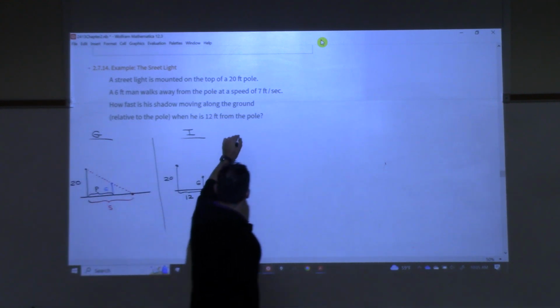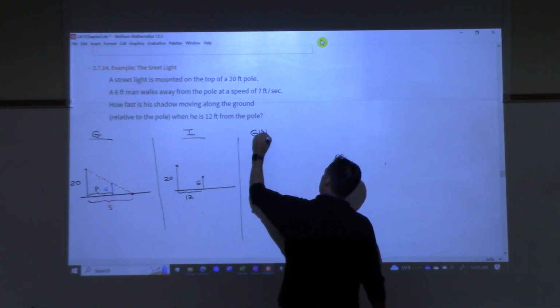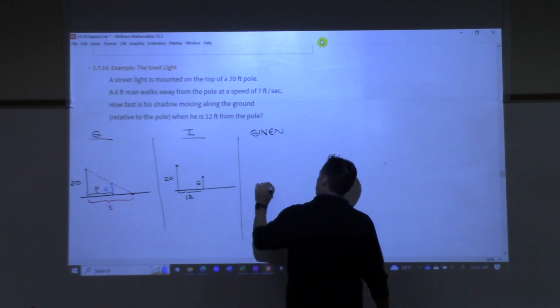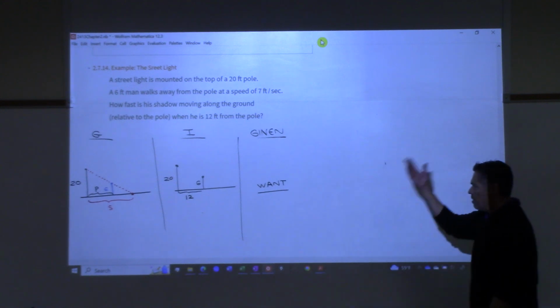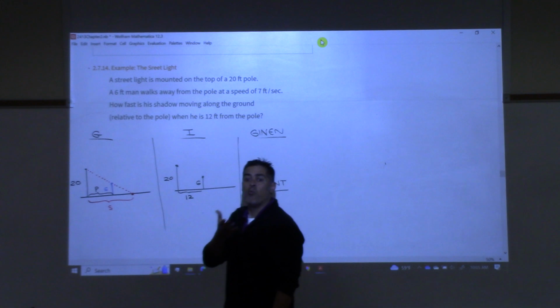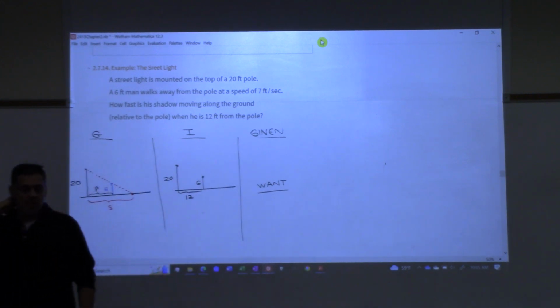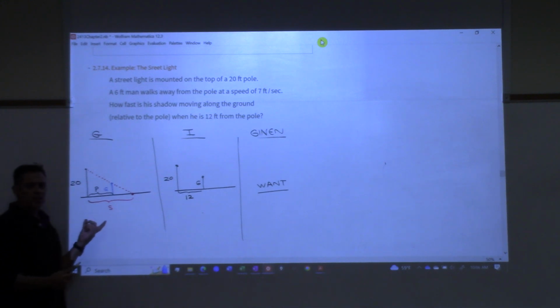Let's start writing down some things. Given, what do I want? Someone want to give me either one of those? What you're given, what you want? You're given 7 feet per second, right? That's a speed. That's the speed of what, though? It's the change in what? You have to look at this picture right here. What here is changing at 7 feet per second? From the man to the pole, which we are calling